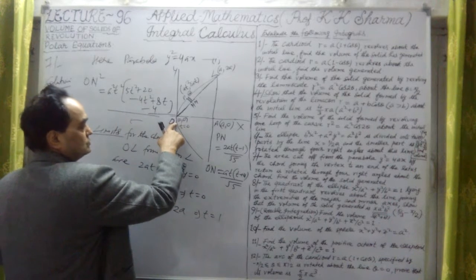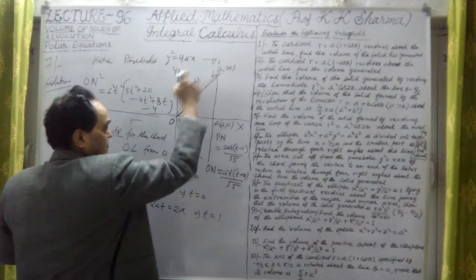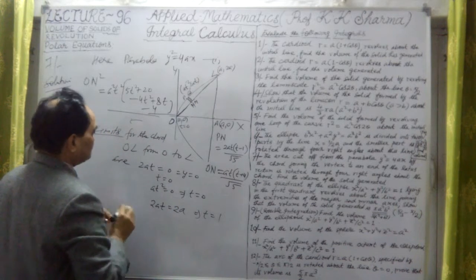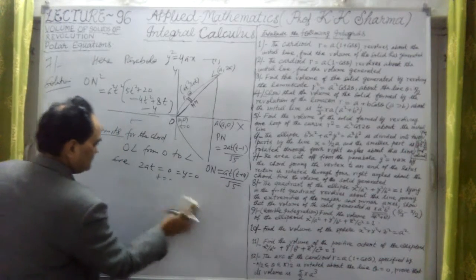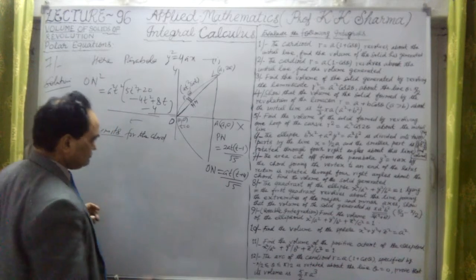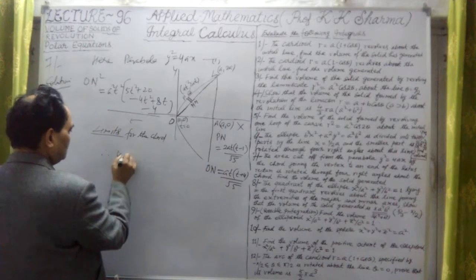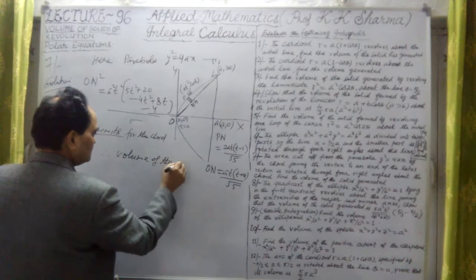At O, limits are 0. I mean t is 0. At this L, t is 1. Alright. So limits are 0 to 1. This is the limit here. Now let me find the volume. Therefore, the volume of the solid